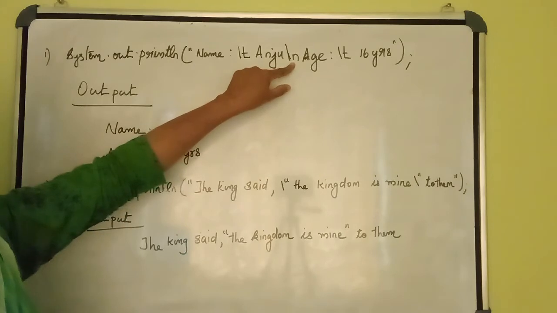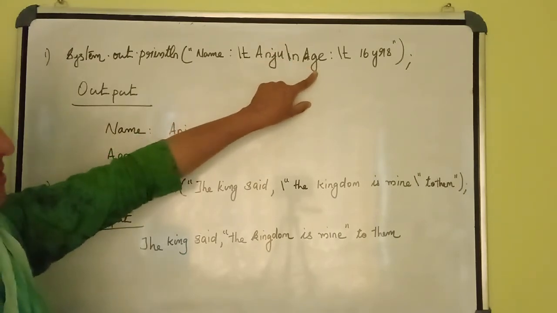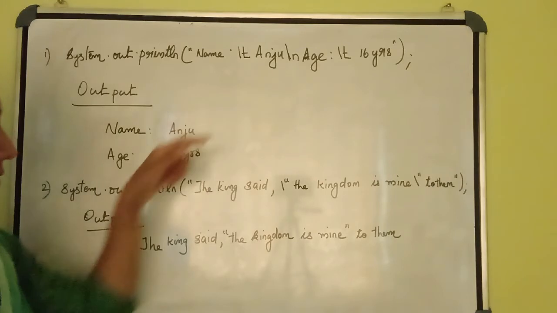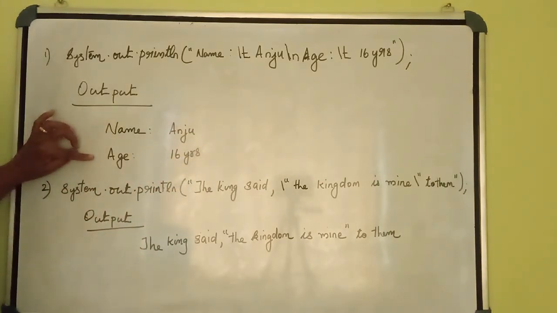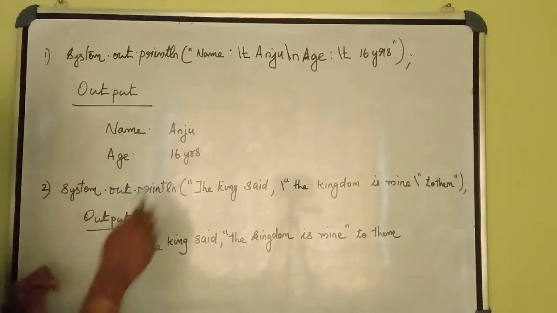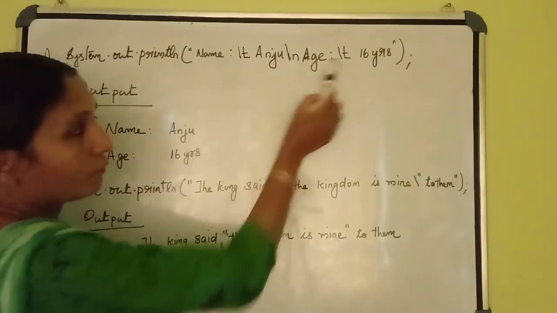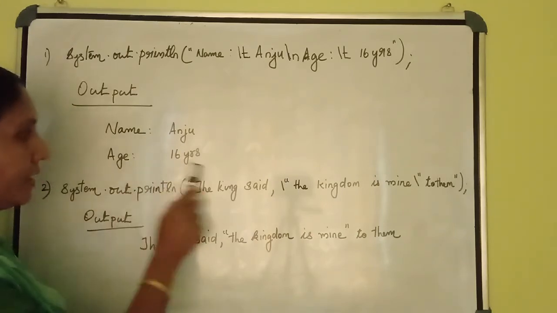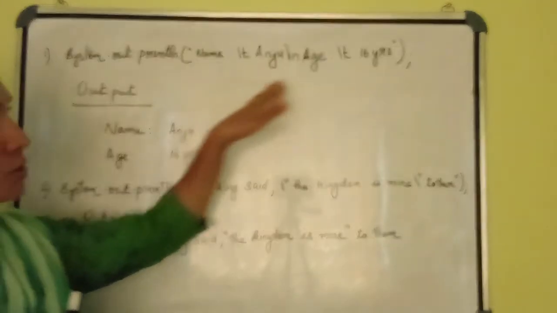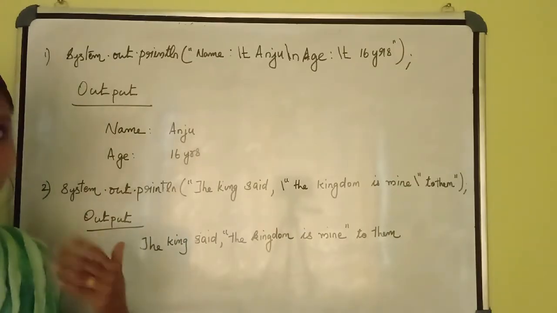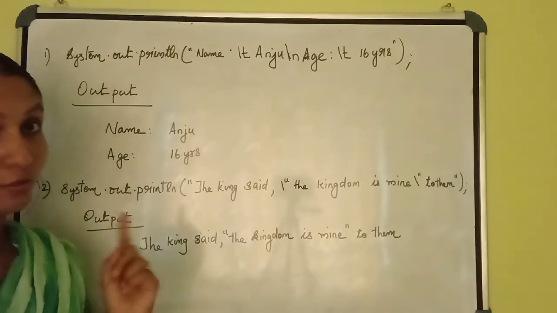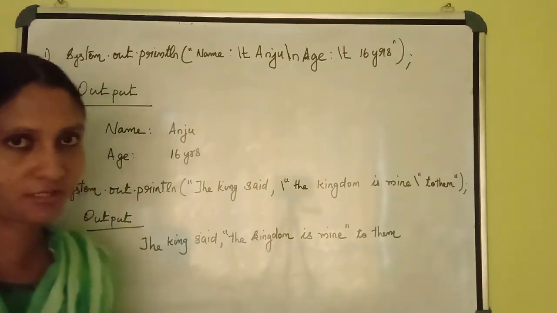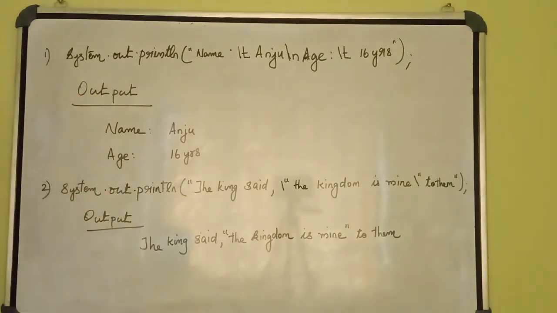Then I used one \n to get a new line. See, from here to the last, it will go to the next line. The age will be printed on the next line if you are using \n. This is the advantage of \n. And after age and colon I gave one \t, so you will get one more space like this. Then it will be printed like this. This is the first example. I think you all understood about \t and \n, which are escape sequences. Don't forget, you should use backslashes when you want to give an escape sequence.